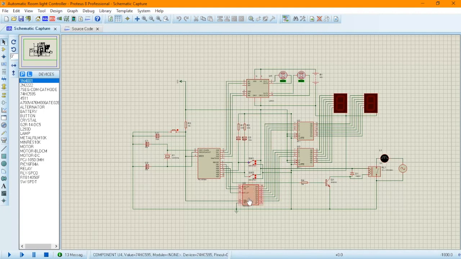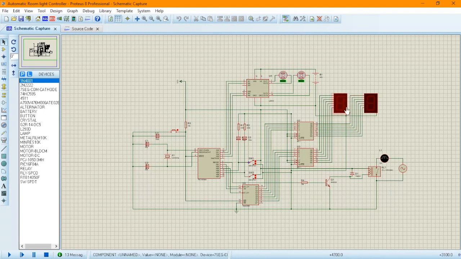And down here is a serial to parallel integrated circuit. This was used because the PIC16F84A has a limited number of output and input pins, and given that we were using a lot of output pins, we figured out that we could use a serial to parallel to pass the information